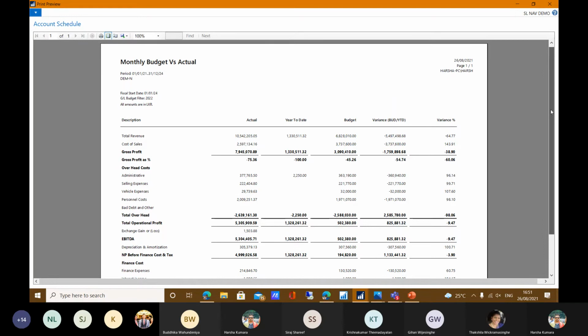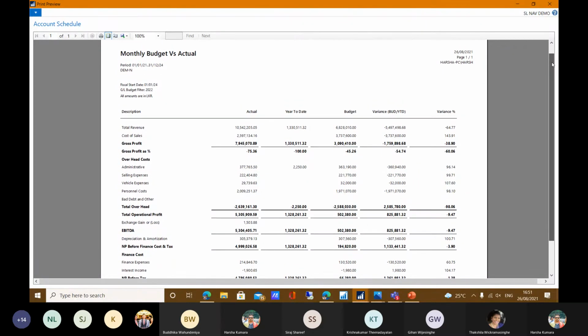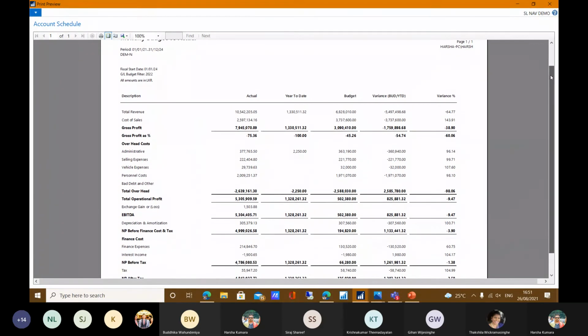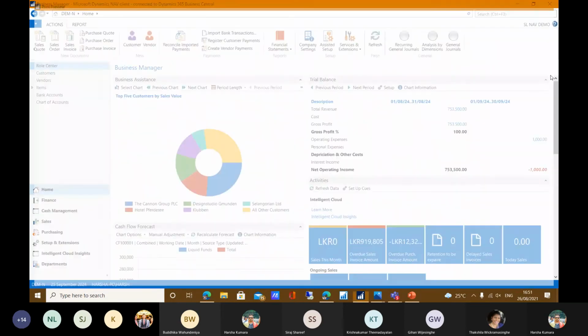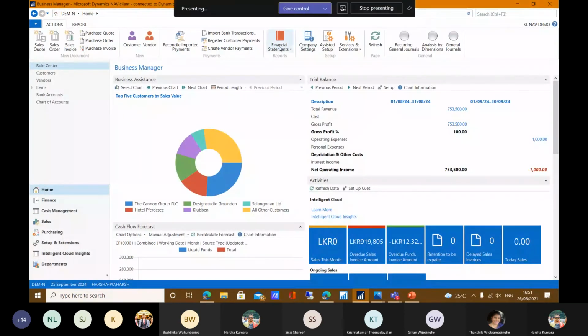Account schedule also has a large discussion we can have. We can assign new account schedules, and we can assign your chart of account based reports in the account schedule reporting tool. Using the account schedule, we can assign this monthly budgeted versus actual report directly into NAV as income statement and the balance sheet.